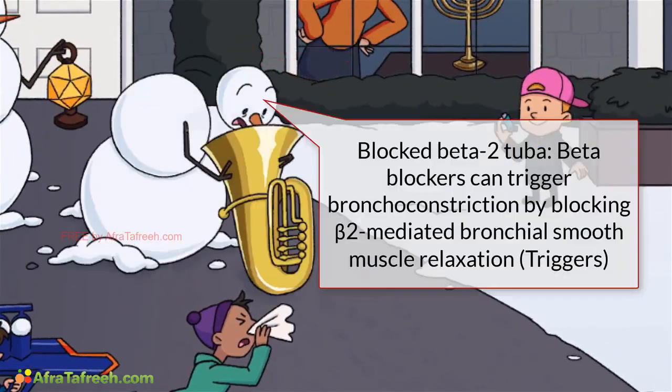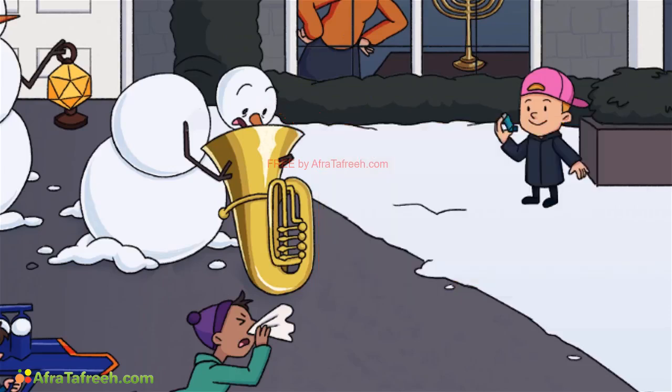Another medication trigger to ask about are beta blockers, which can cause bronchoconstriction by blocking beta-2-mediated bronchial smooth muscle relaxation. Makes sense, since we use beta agonists to treat asthma. But we'll save that for our next sketch dedicated to asthma management. For now, let the snowman head blocking the bell of that beta-2 tuba remind you that beta blockers can trigger